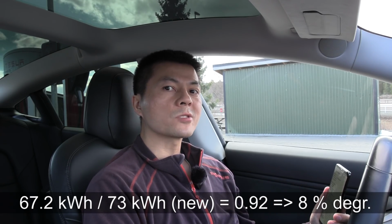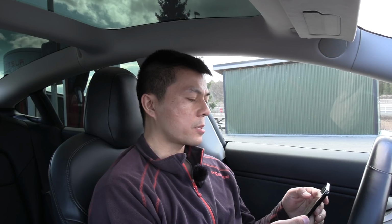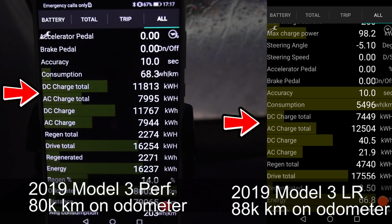Yeah, actually 2 years. And well, this one 88,000 kilometers, the other one 80,000 kilometers. That's 10% longer driving distance. Maybe if this car didn't drive that far, it would have, I don't know, 7.5% degradation. But what is interesting though is that I DC fast charged a lot on MC Hammer. So if you see a comparison here, you see that